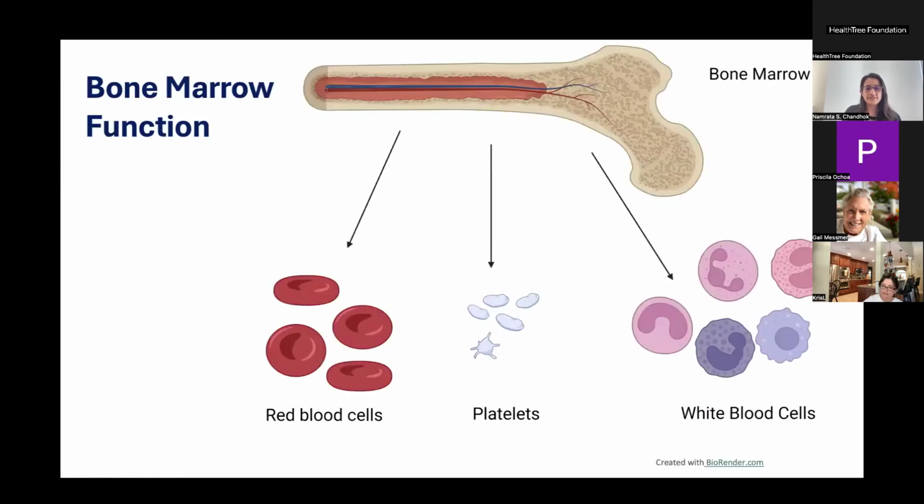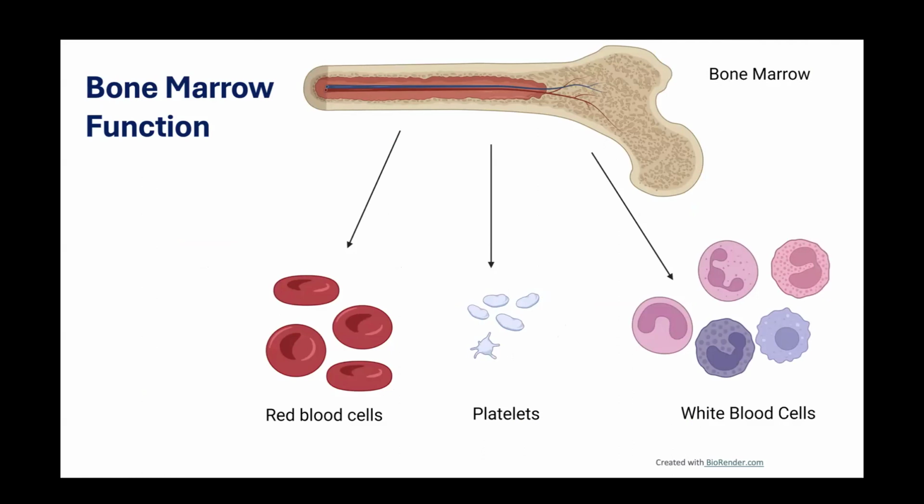So MDS is a disorder of the bone marrow. And basically, our bone marrow is important to produce several different types of cells. Red cells, platelets, white blood cells are the most common things we are talking about in clinic. And usually when patients are presenting, there's an abnormality in one of these or more than one of these. So sometimes patients are found incidentally while they have labs checked with their primary care, but other times it's vague symptoms like fatigue, malaise, just not feeling your normal self, frequent infections or bleeding that end up prompting an evaluation.